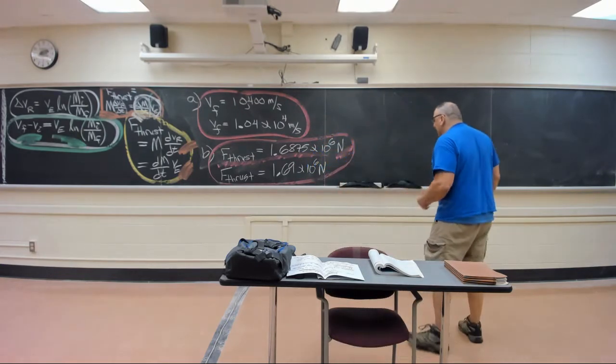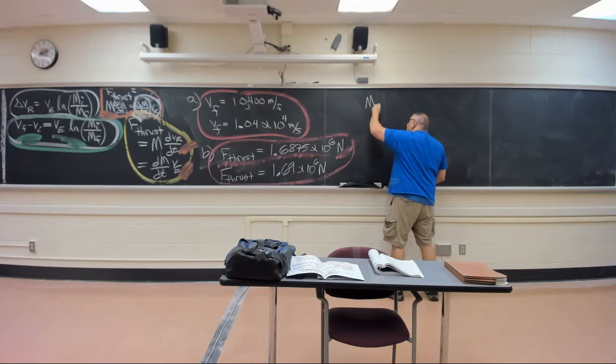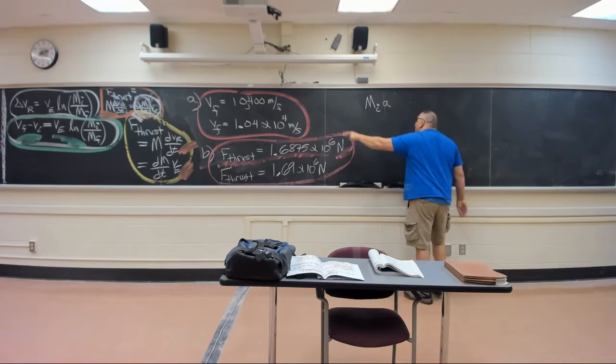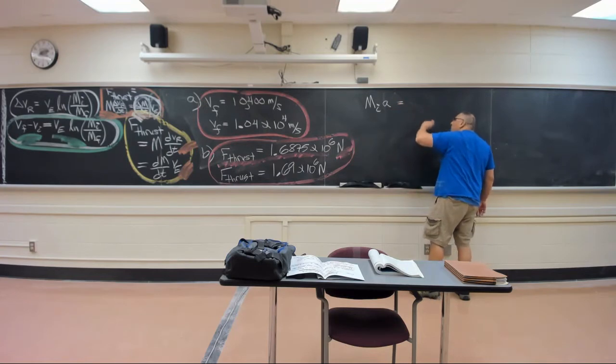But if there is gravity, very interesting. The mass of the rocket at liftoff, they said, right? That's pretty important. Mass of the rocket initially times the acceleration that it initially has is going to be equal to